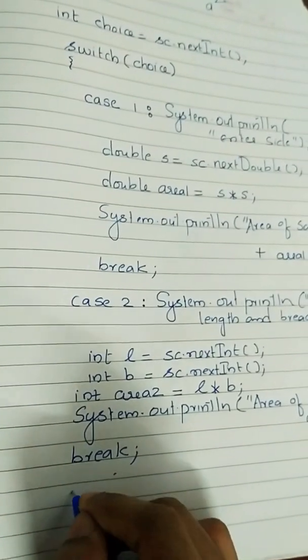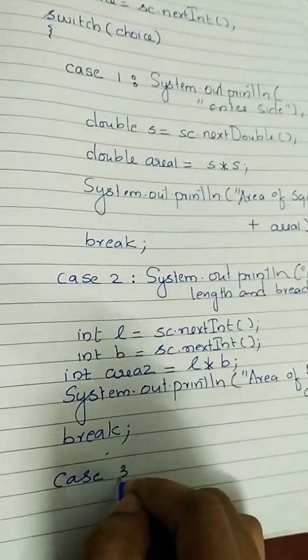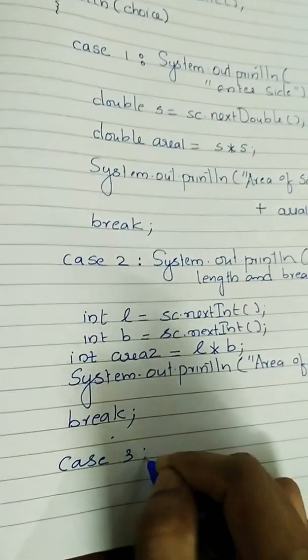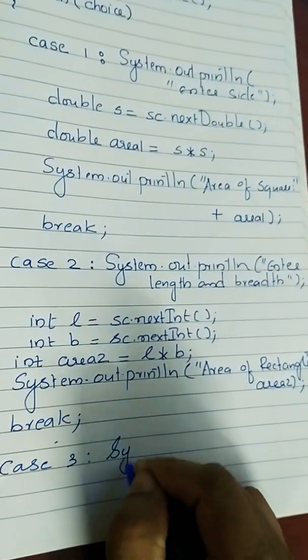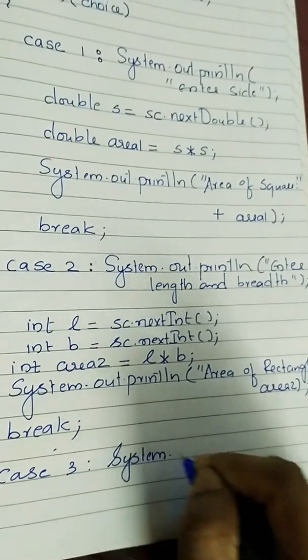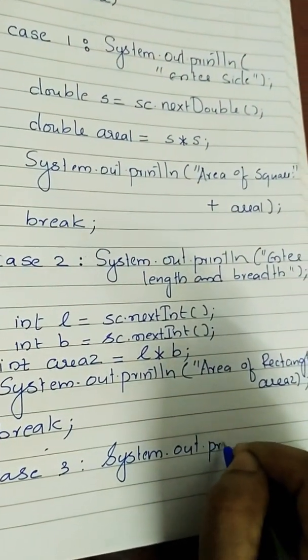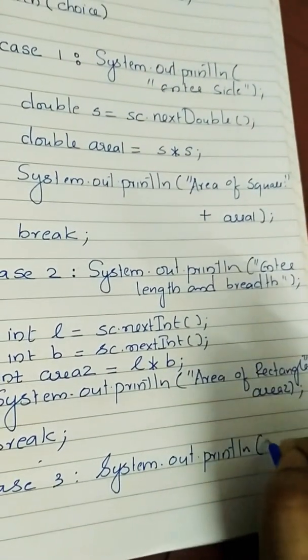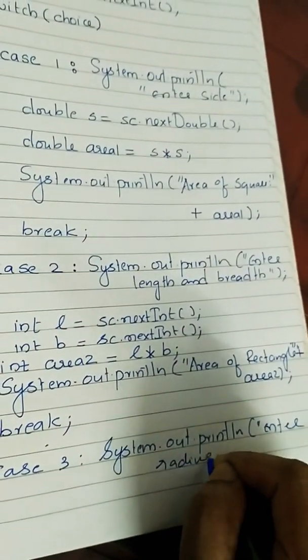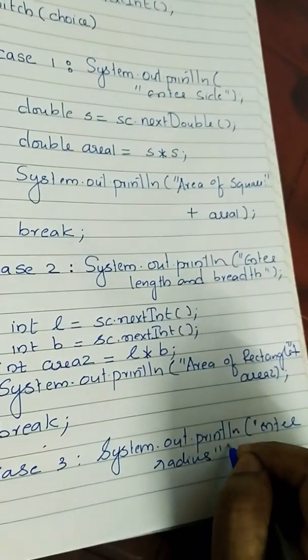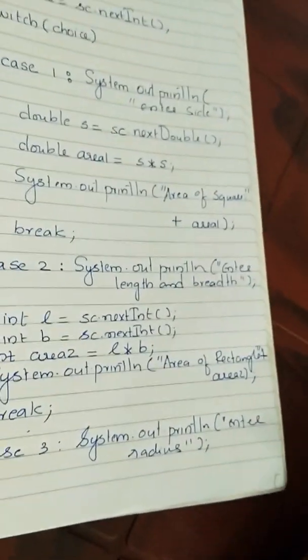Now coming to case 3. Okay, again we will start. What is case 3? We have to calculate the area of a circle. For the area of a circle, what you need is the radius. So I am prompting the user to enter the radius. As it is a circle, it can be decimal or float, anything. For your purposes, I am taking it as a float. So I am taking a float variable for that.